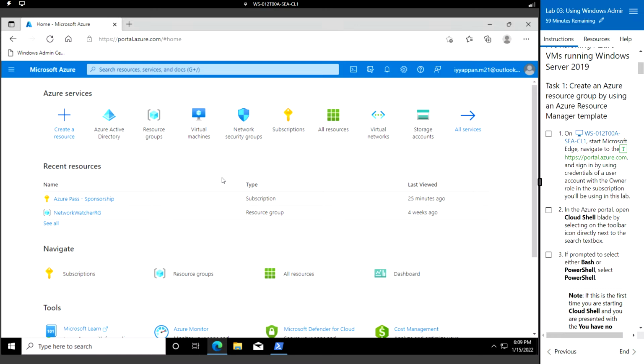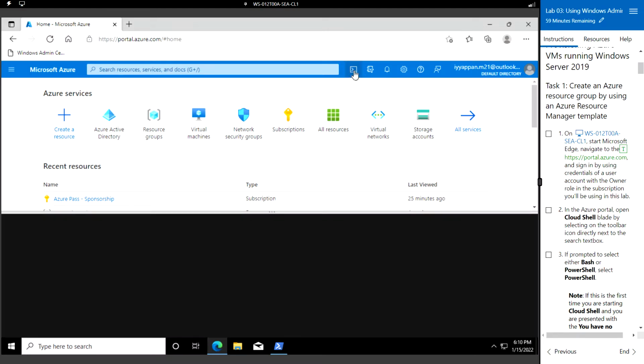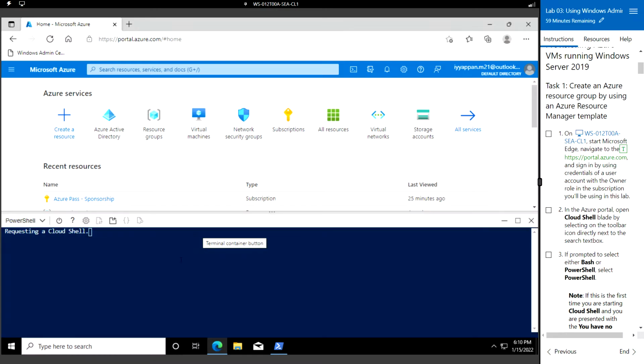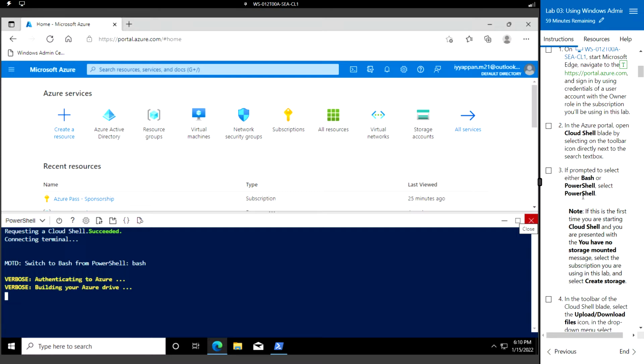So once you have logged into the Azure portal, we need to create the Azure storage account so that we can upload the ARM template. So for that you have to click the Cloud Shell. If this is the first time you are creating the storage account, then you have to follow my previous AZ-104 video where I have shown how to create the storage account. For this scenario, I have already created the storage account,